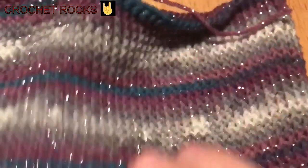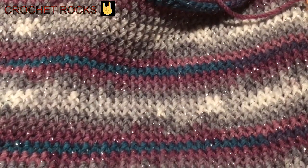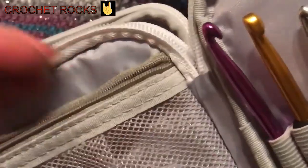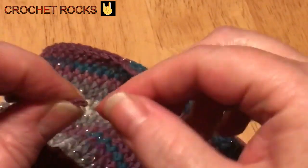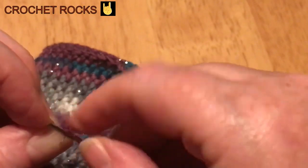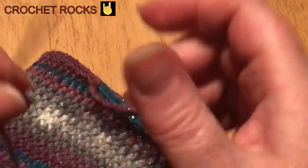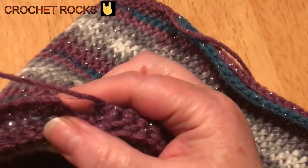But I need to show you how to close this end. So find my darning needle. It's in this case somewhere. There we are. And working on the wrong side, so I just get my yarn and thread that, which doesn't want to do that. Okay, so I've got my needle threaded, and I'm working on the wrong side, so I'm just going to stitch